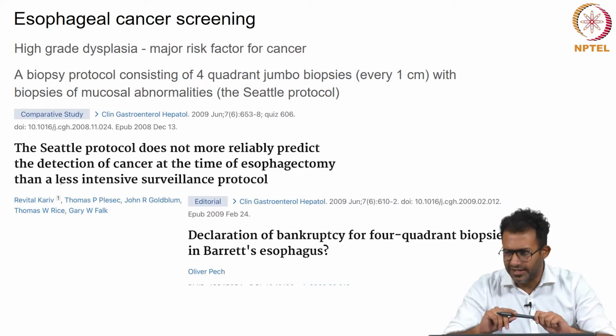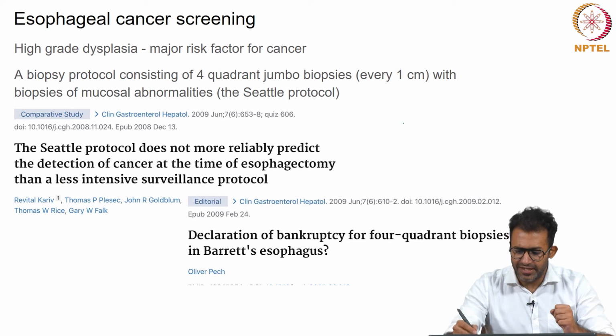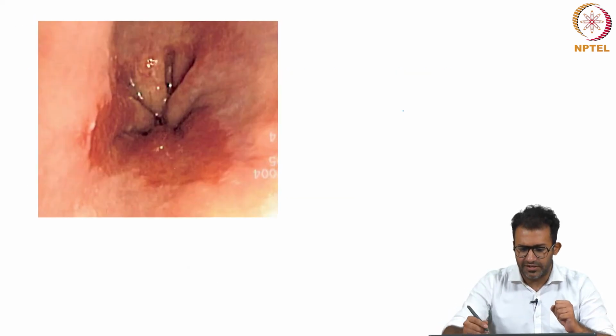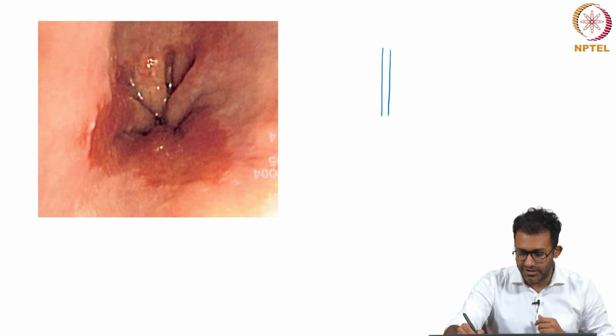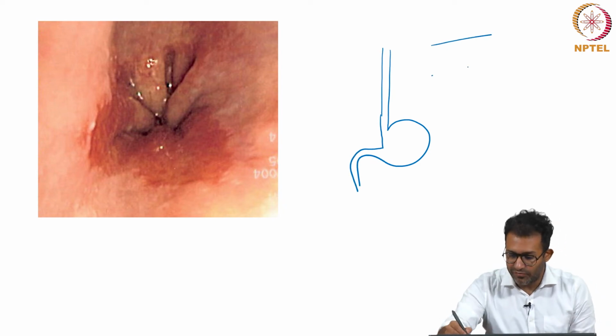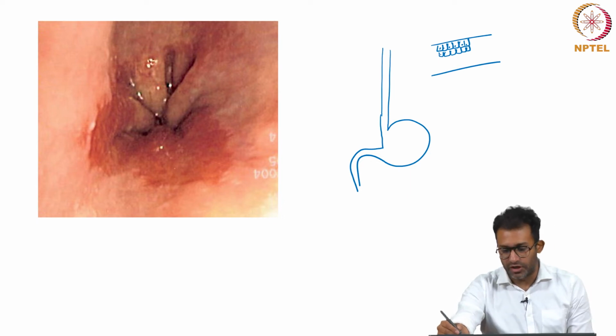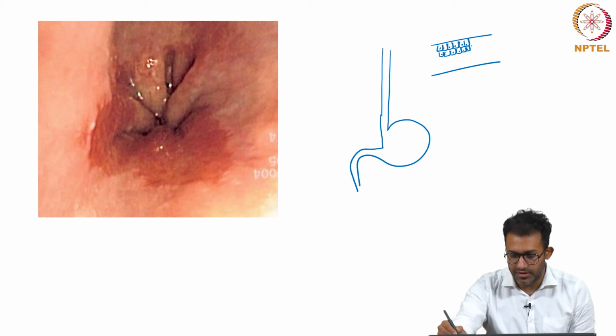So, we are going to discuss a clinical problem called Barrett's esophagus or intestinal metaplasia, also called high grade dysplasia. What you have to understand here is that this is the esophagus and it leads into the stomach. The insides of these tubes are lined by cells called epithelium. These can be multi-layered depending on which part of the intestine or organ we are talking about.